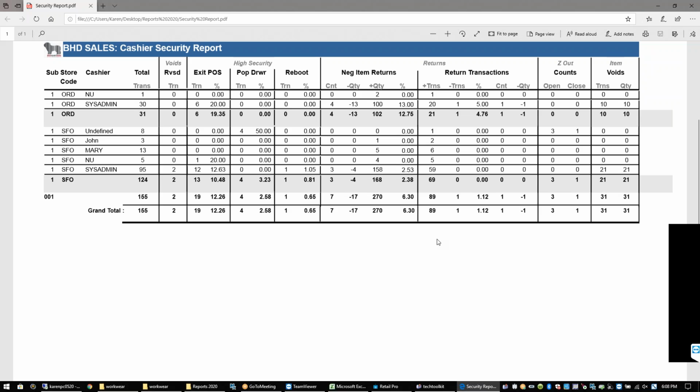But they're not. They're all even. 10 and 10, 21 and 21, right? But he's done this so he does reverse voids. He's got every time they exit POS too, if they're wearing that jacket out saying they love it and they're